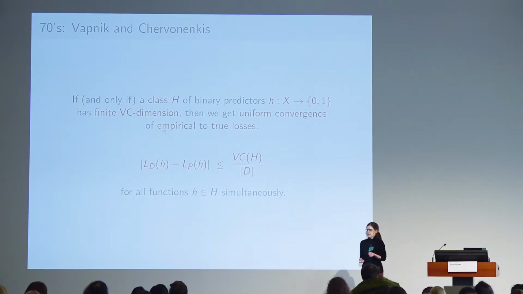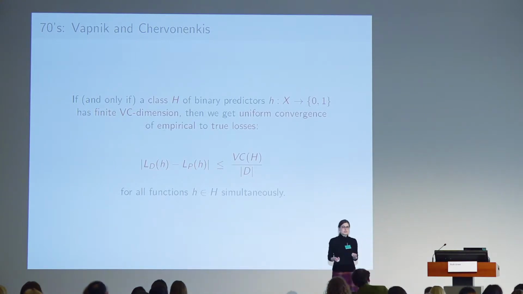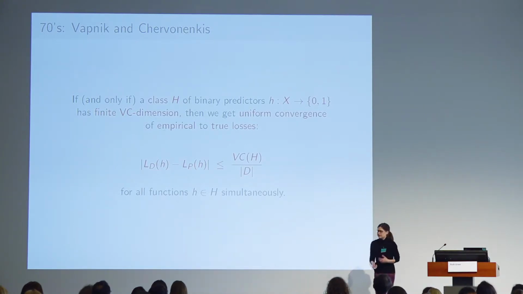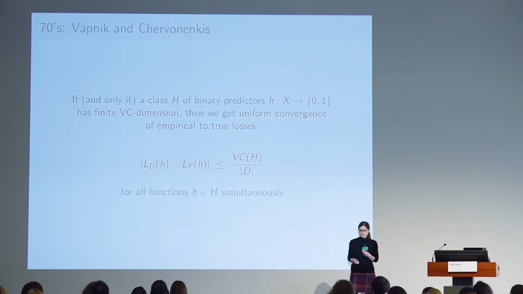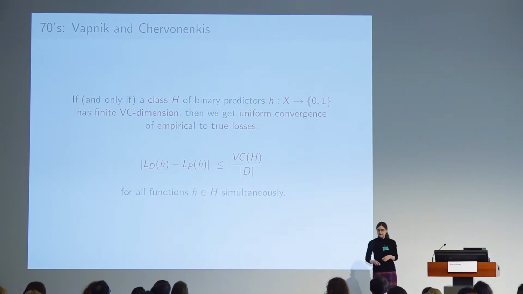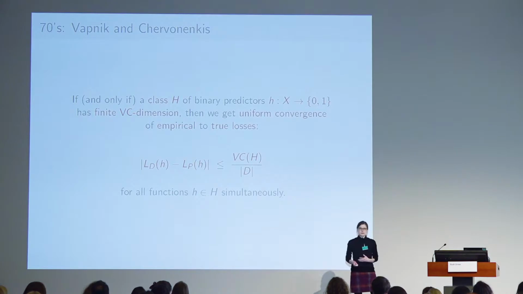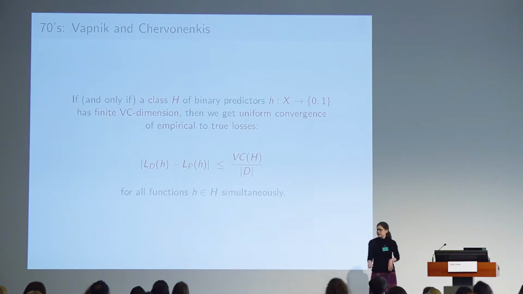So this is a property just of the type of predictors that you use. For example, of linear predictors, it's related to the number of parameters that you need in order to specify a function, right? So for linear predictors, it would be essentially the dimension of your space. For bounded size neural networks, you can bound it; for bounded size decision trees, you could bound this function. And what it tells you is that, if my function class has bounded VC dimension, then